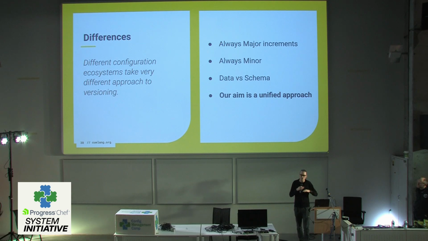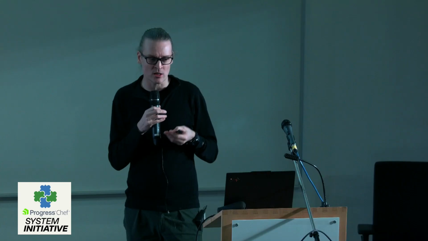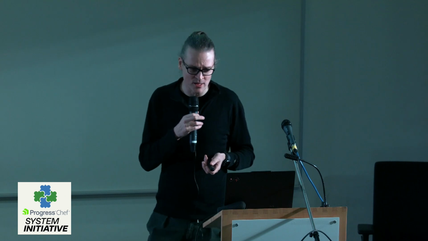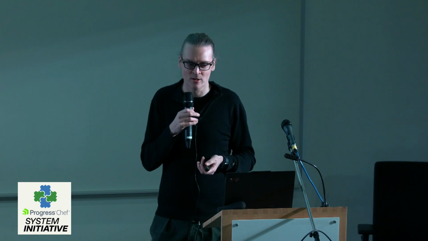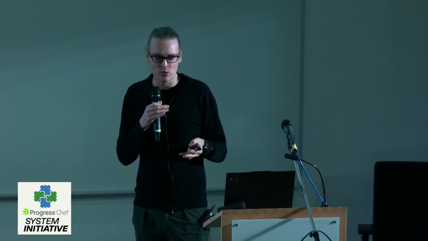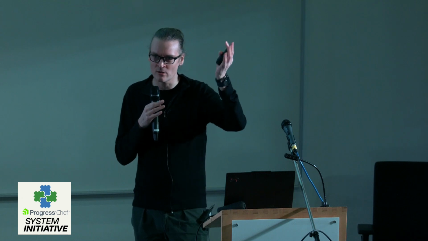Whereas others say, no, we always increment minor because even if it breaks, we don't really care, and we always want to force people to go to the latest version. There's a big difference between data and schema. Clearly, data is almost impossible to say anything sensible about regarding backwards compatibility. You can say it's at least the API that it represents that is compatible, but the data itself doesn't mean much. But what we still aim to do is to have a unified approach for the entire